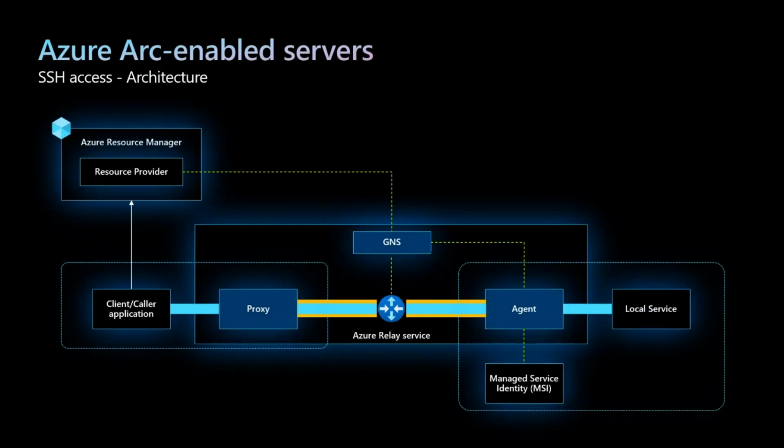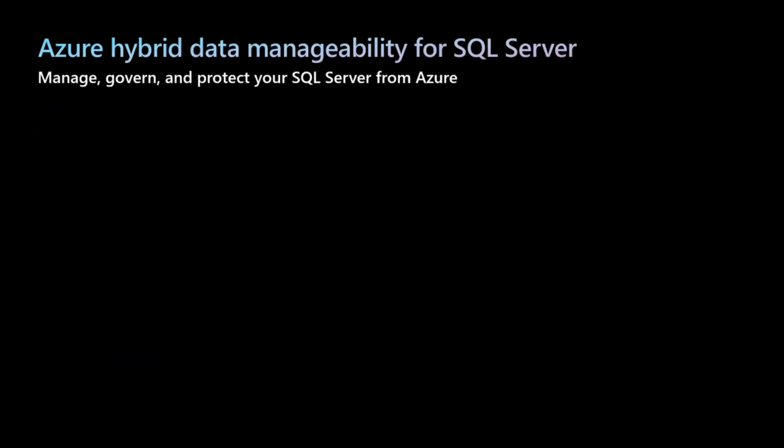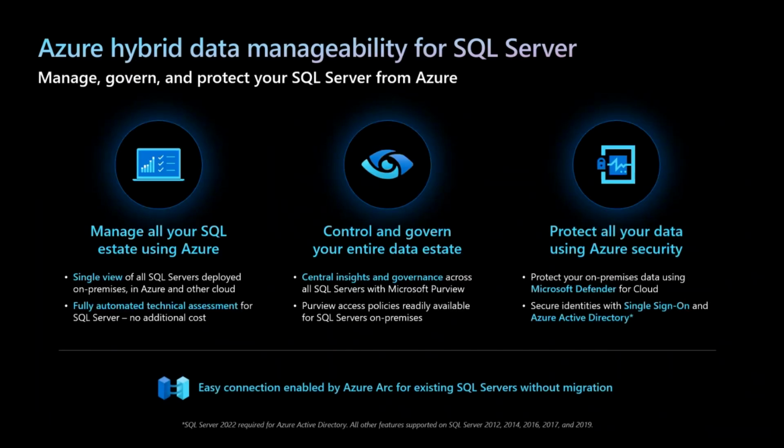This is the SSH connection that I was mentioning. This is just at a high level, but if you have your server running which is Arc enabled, from the Azure portal, from Cloud Shell, or from the PowerShell session that is running on your local machine, you can initiate the SSH connection without requesting your customer, or whoever is the owner of that data center, to open any inbound port. It still works on that same outbound HTTPS connectivity, and the Arc agent takes care of everything. So that was there, and there are some more capabilities.